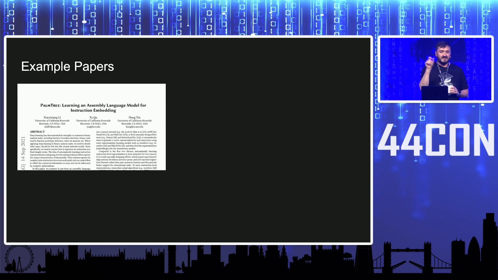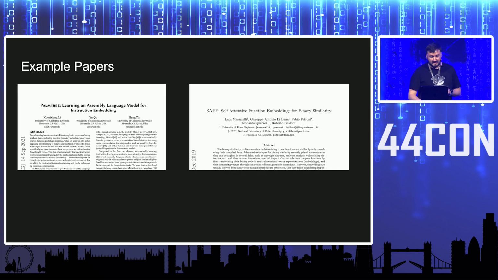And they did an interesting way of training it where they used linear disassembly, but they also did a data flow approach, which was very noddy, but was the first time it had been done. There was then SAFE, which was a couple of years before that. This was the OG approach, one of the seminal papers in the area. And this used the precursor to a transformer, what's known as an LSTM, a long short-term memory network. But the concept was the same. You chuck the assembly in, you get floating point vectors out,